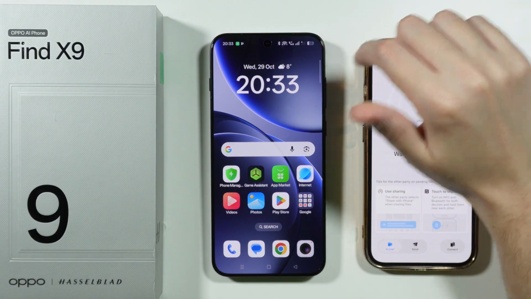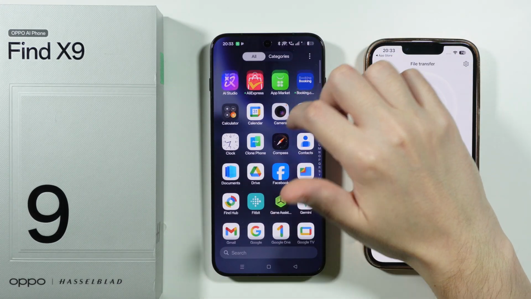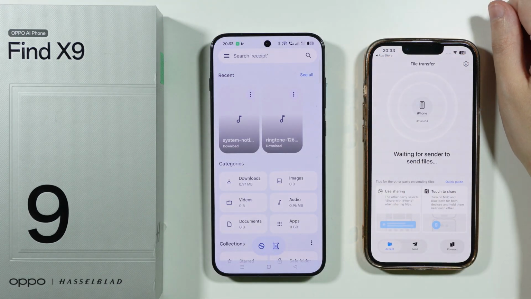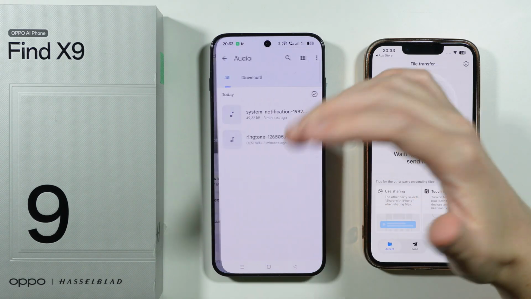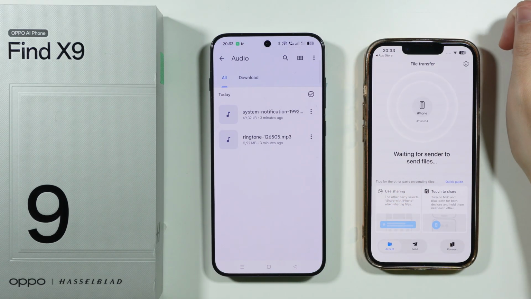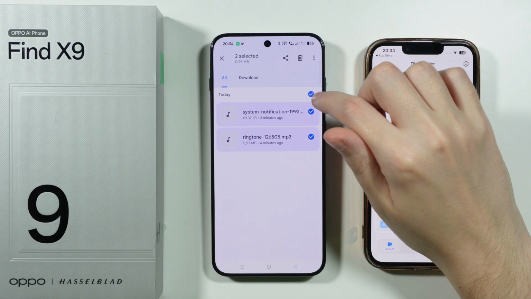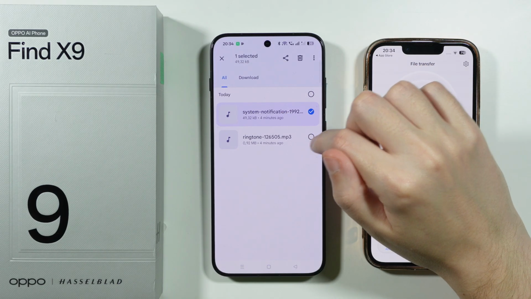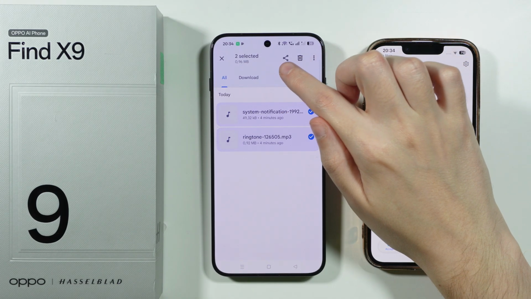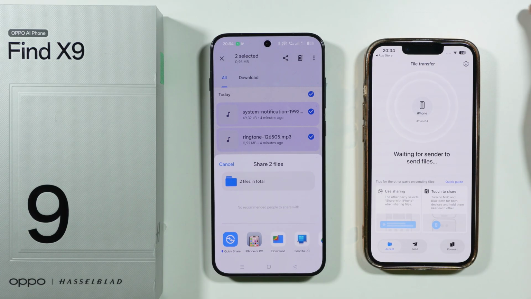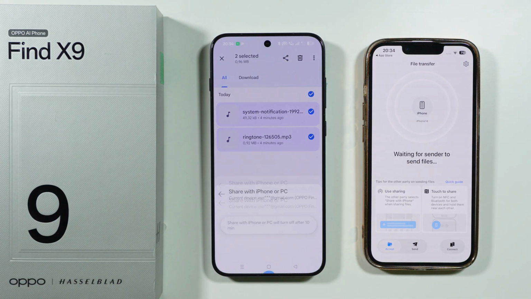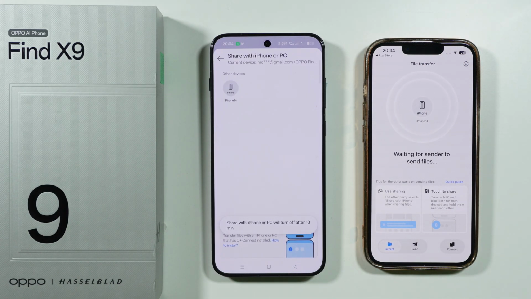Now, on our OPPO Find X9, we can, let's say, open the Files app, which is the file manager, and let's say I want to transfer these two files over here, these audio files that I have on my phone. So what I can do now is I can select them. I can either tap over here or press and hold my finger in order to select them, and then we need to use the share button over here at the top, and then we need to choose iPhone or PC. And in this case, we should be able to find our iPhone over here, so we can select this option,